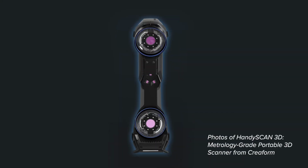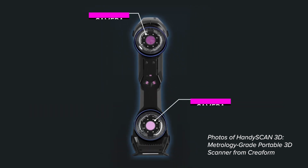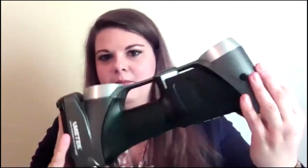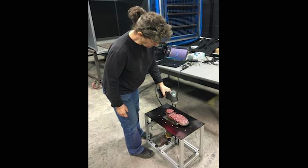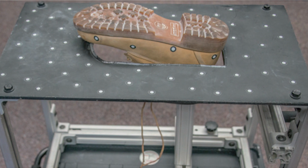These are where the lasers would come out of. And then this is like a camera, and it's portable so that we could take it with us to the mine sites and scan them while they're there. We had our technician, Mary Ellen, build us a little rig that would hold the boots upside down like this. And so we'd set it in there, and then